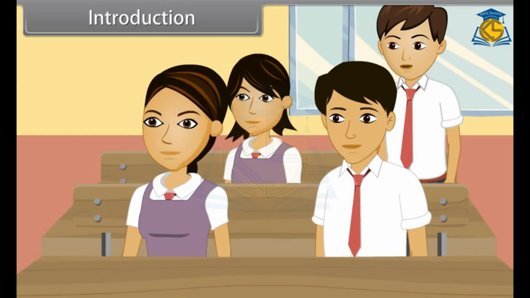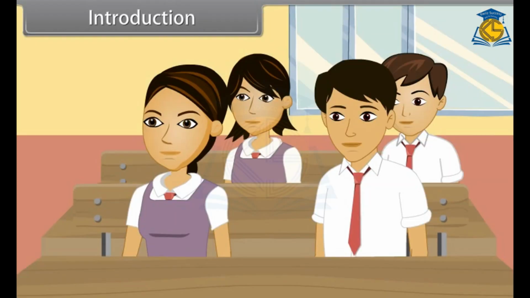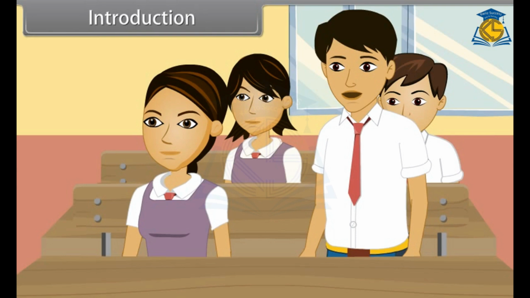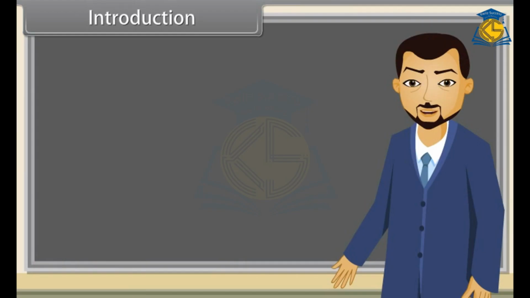Sir, and what we get from the sunlight? Good question, Raman. We get vitamin D from the sunlight. It encourages the absorption and metabolism of calcium and phosphorus in our body. Sir, what happens if our body cannot get vitamin D? Due to deficiency of vitamin D, many serious diseases can occur, like rickets, obesity, heart disease, or high blood pressure. Students, today we will study about all these topics in our chapter Biomolecules.